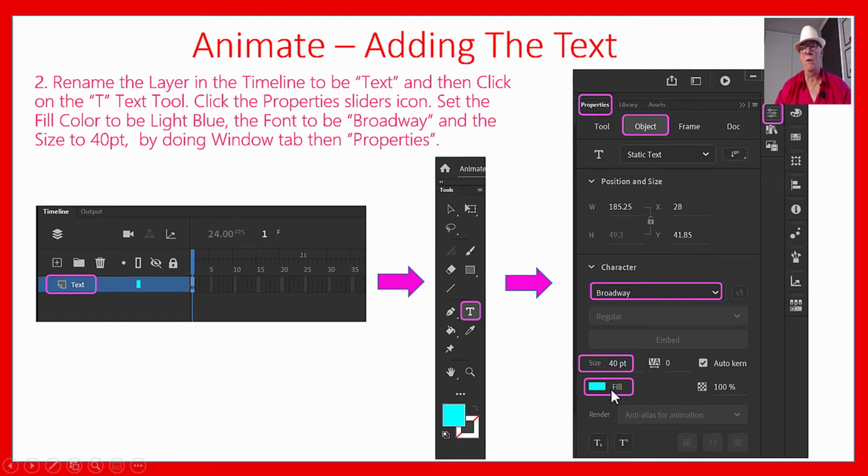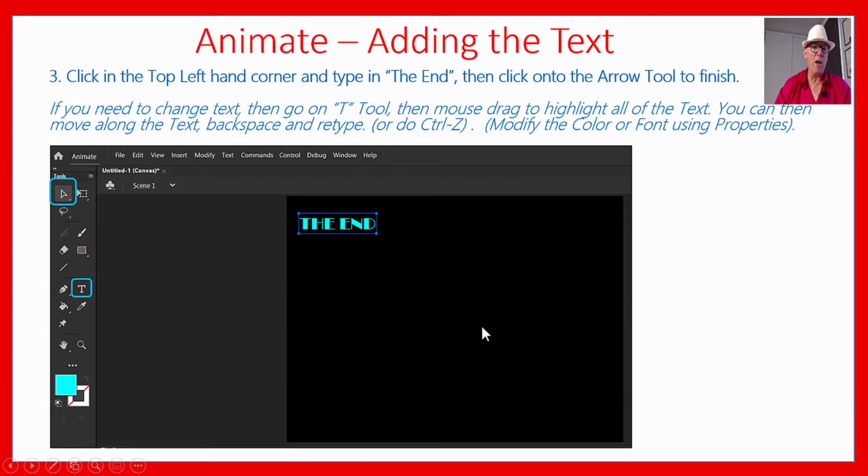When you're finished with that, to take away the properties, there's a little double arrow up here. There's no OK button or an X on it. You just click this little arrow and that will close off the properties. Now that's set up, you stay on the T tool and you just type the end, wherever you happen to end up on the screen. Then you can use the arrow tool to move it into position afterwards. Now, if you get this Adobe Lorem Ipsum typed over the beginning, you can just backspace over that